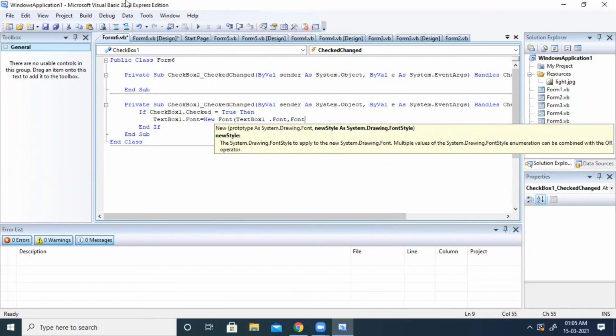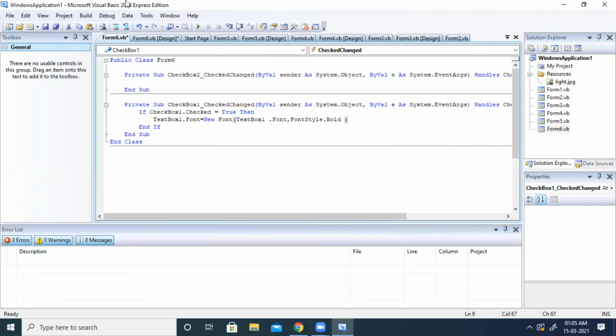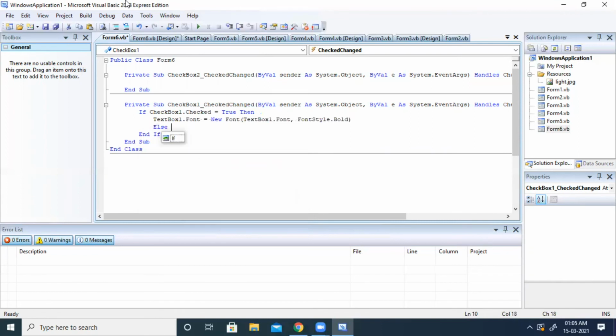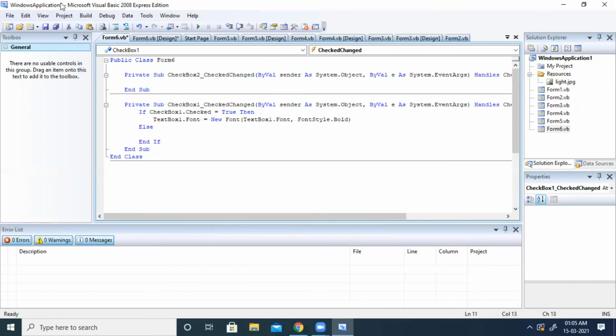What is the font style going to be? Font style is going to be bold, dot bold. Next, else. This one only I am going to copy.